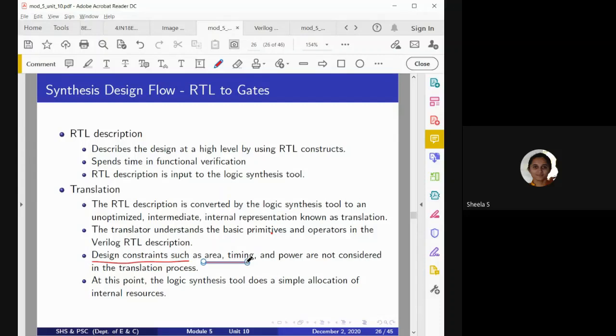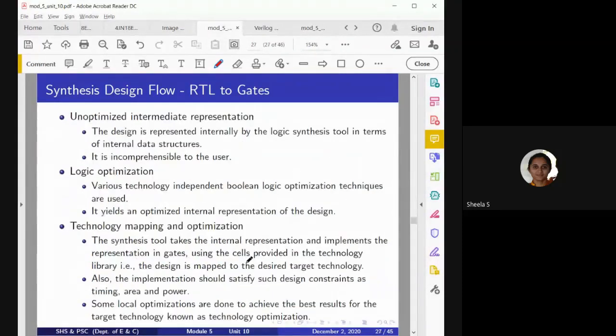Like this it will indicate, and how the basic connections have to be made. So in a very unoptimized way, it will describe the corresponding data structure. That is known as the unoptimized intermediate representation. From the translation, we get this type of data structure. It just tells which primitives it has to use to make the circuit.